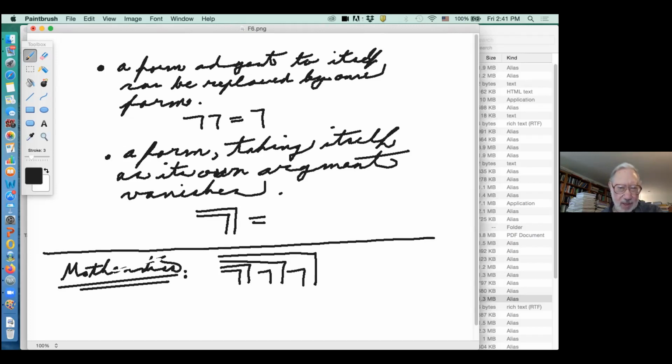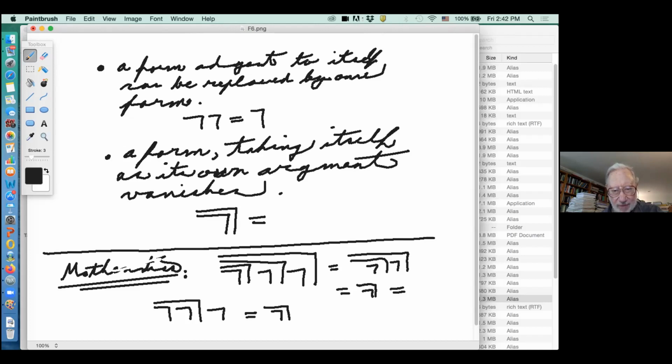Like, look at this one. Using only these rules, I get to apply crossing here, and then this will be equal to this. And now I get to apply crossing again, whereas it wasn't available to me here. And then I can do it one more time. And so this complex beast is equivalent to nothing, just like this one was. And another beast that I might draw, like this one, would be equivalent to something after a similar sequence of workings.